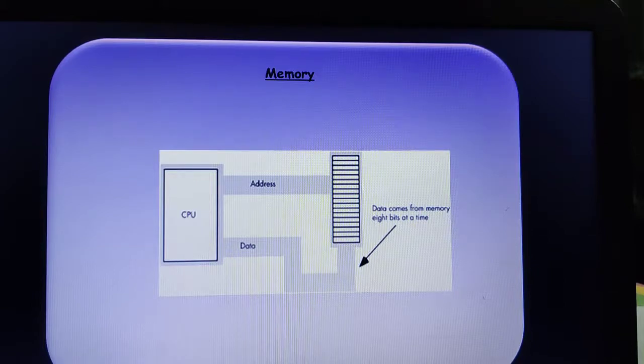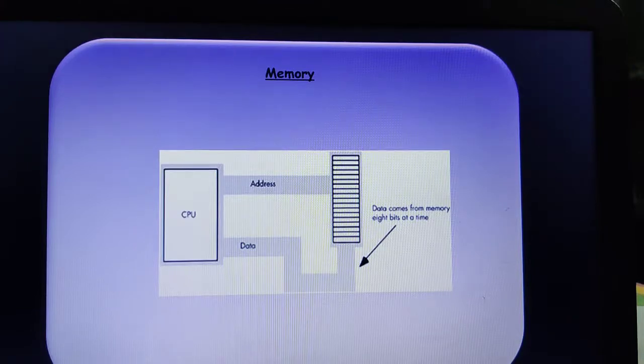Therein I have seen three kinds of buses under the system bus. The first one was the data bus. The data bus provides the pathway to transfer the data and instructions among the different components, mainly between the CPU and the memory, as we have studied in the case of the system bus. Here again, the greater the speed, the greater the data transfer rate, so the width of the bus also affects the speed of the computer.